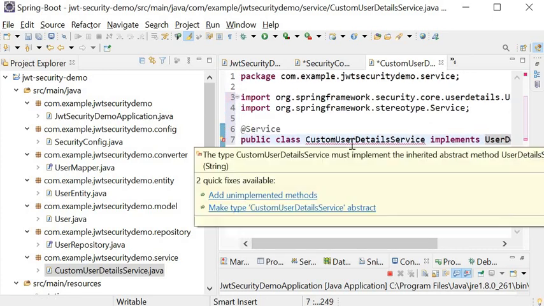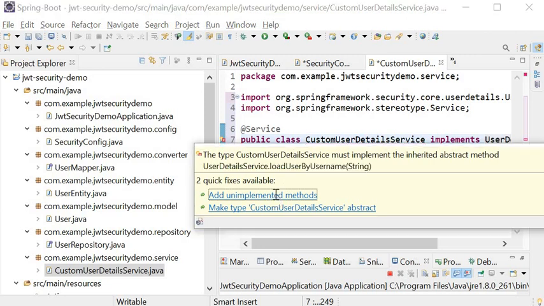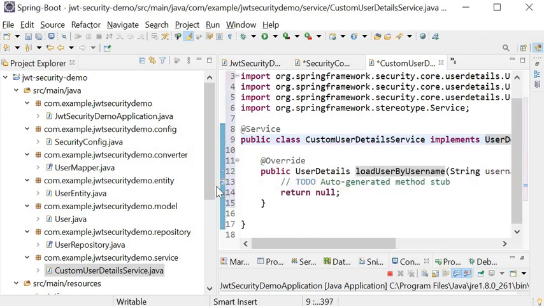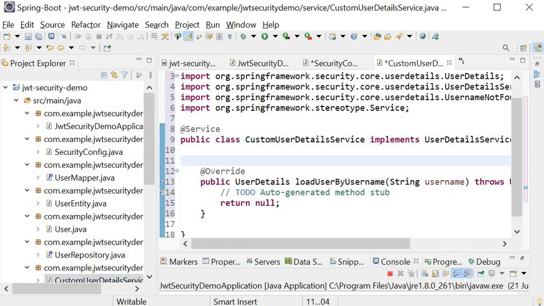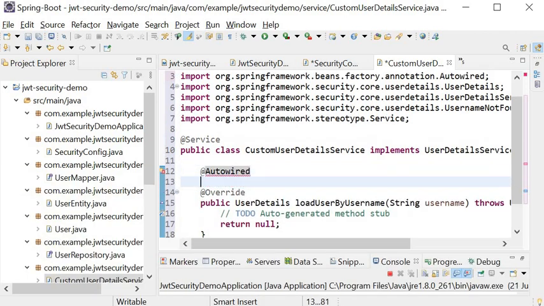Here we need to add the implemented method, that is loadUserByUsername. So here I will call the function of the user repository, and so we need to inject the user repository here.